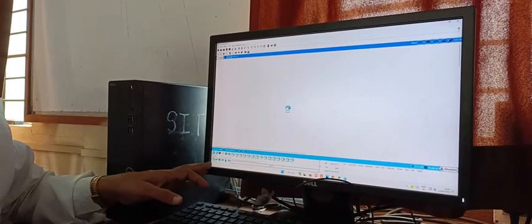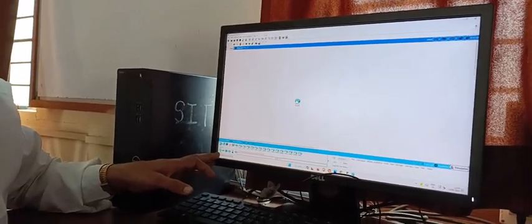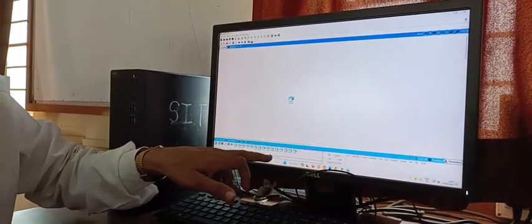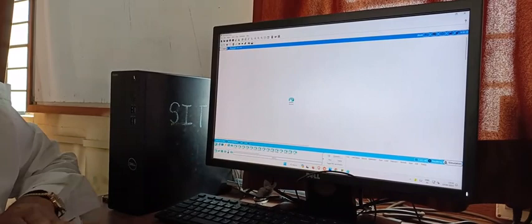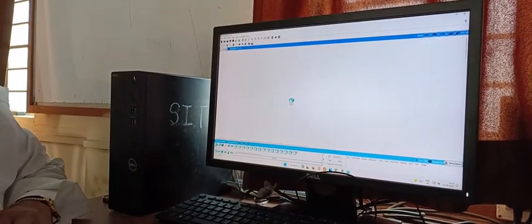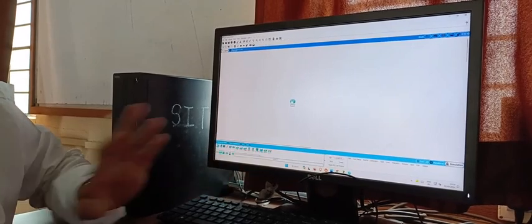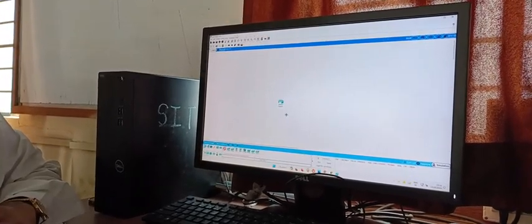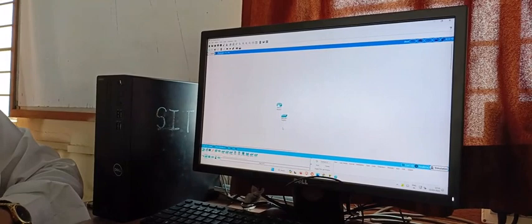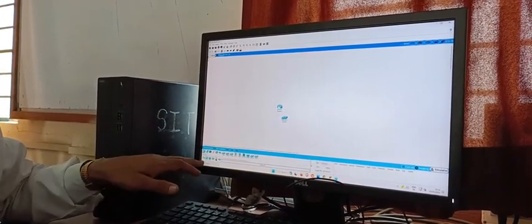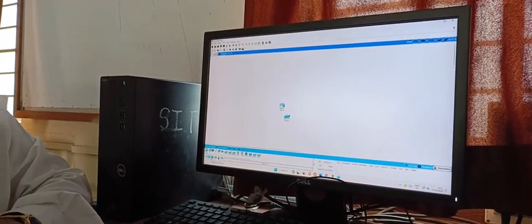For example, if I am clicking on this router, we can select any router which has the particular range. So any router we can select. Likewise, if I am clicking on the switch, then it is showing the n number of switches. From that I can select any switch so that I can use it for the connection of the network. Like that it has n number of network devices.